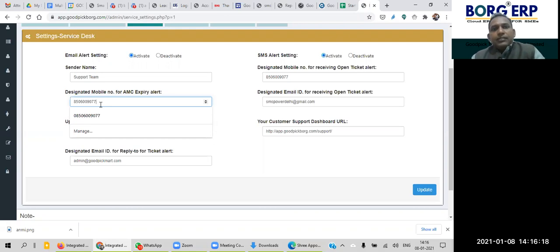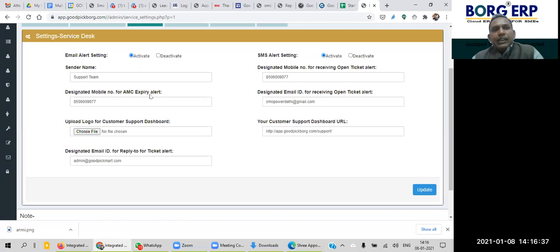Apart from that, Borg also notifies any designated number in the organization that these contracts are being expired. So you can also be alert about whom to contact and when to contact.